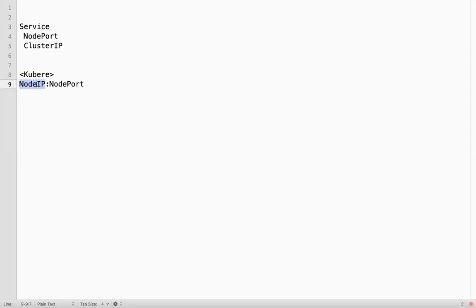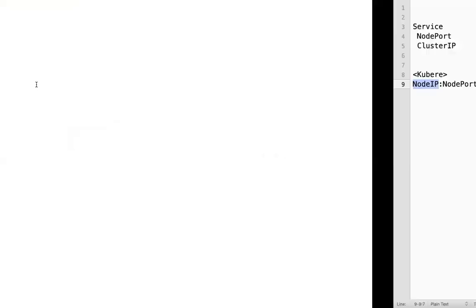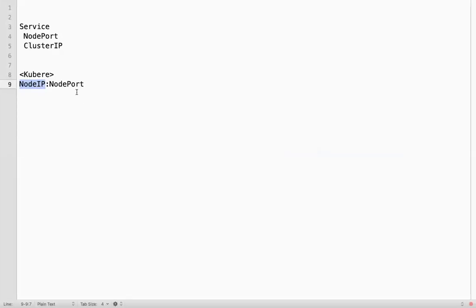Not only master, any node can be a master or a worker, right? We are able to access using any IP, because when we create a service of type NodePort, in each and every node the port will be opened and listening. So we saw this when we created a service of type NodePort. Now,